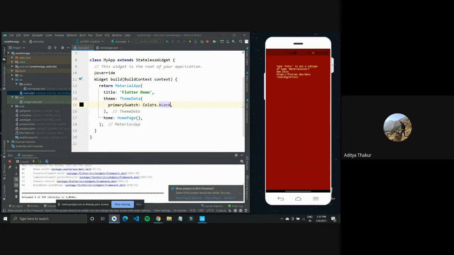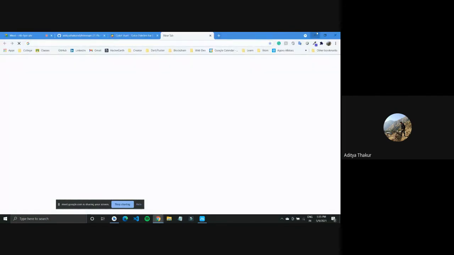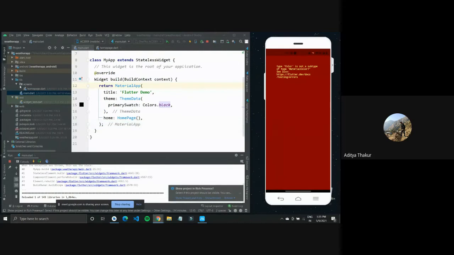Okay, color is not of subtype material color. This is a common error we get whenever we try to change it, because this needs to be of material color, and there is a very big way actually to define material colors, or you can define constants too. So what I'll do is